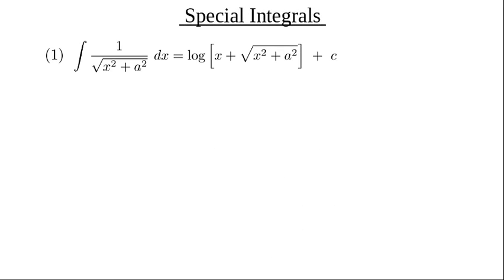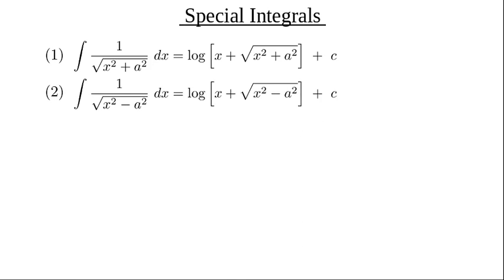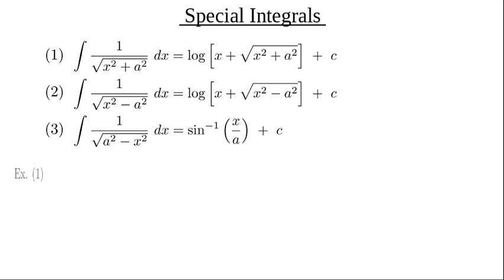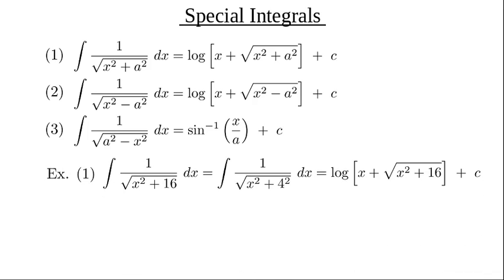That is, integration of 1 upon root of x square plus a square dx is equal to log of x plus root of x square plus a square plus c. Integration of 1 upon root of x square minus a square dx, that is a combination of x square and a square with the root this time, is log of x plus root of x square minus a square plus c. Integration of 1 upon root of a square minus x square dx is sin inverse of x by a plus c. And there are some simple problems which are